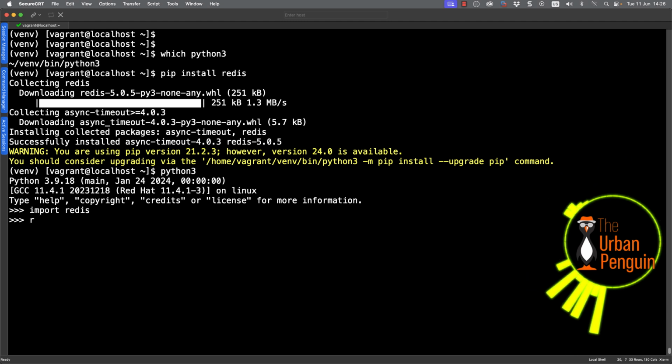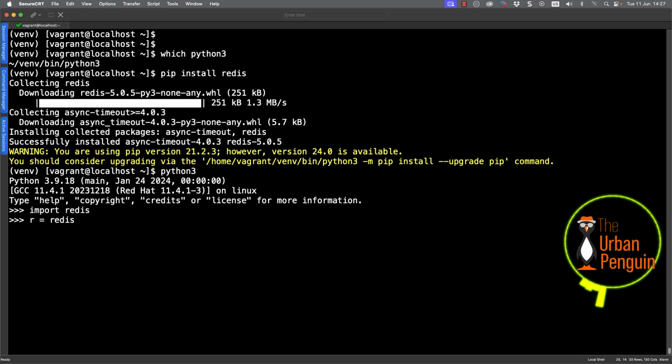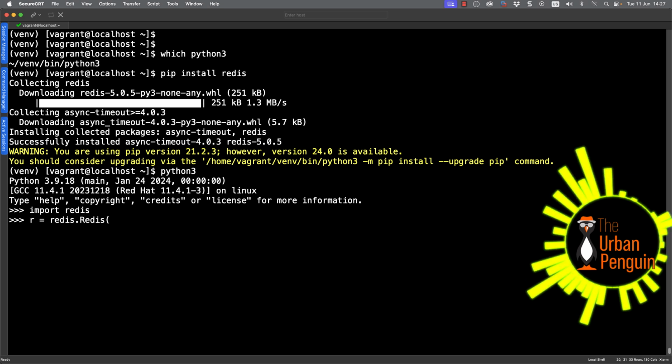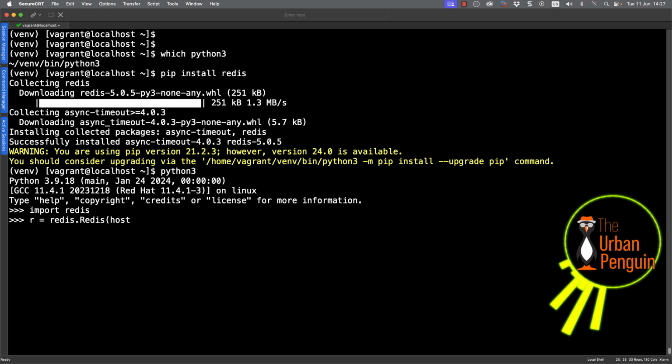We can set up a variable R, which is going to be the instance of the Redis class from our Redis module. So the uppercase R indicating that it's a class we are instantiating, and I can go through and put the parameters for instantiating that class instance.